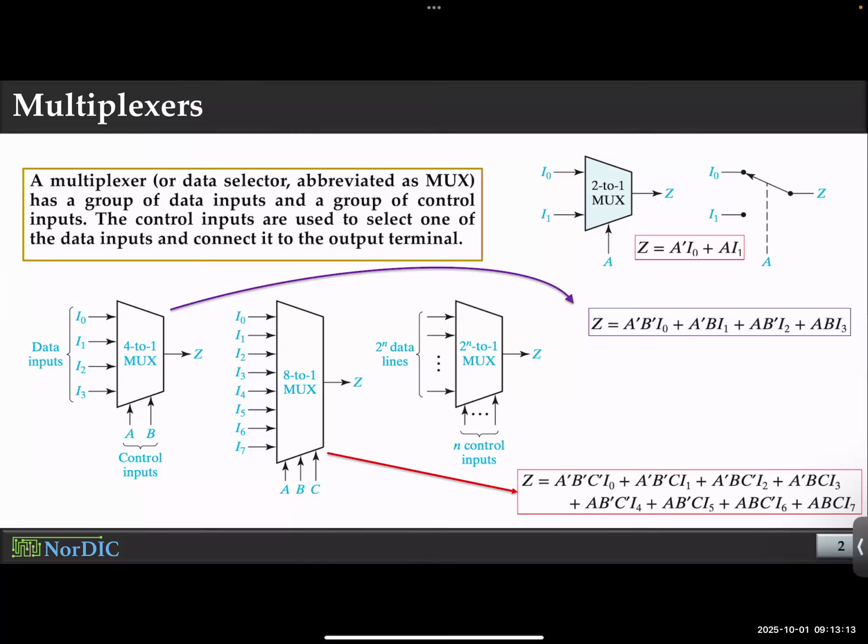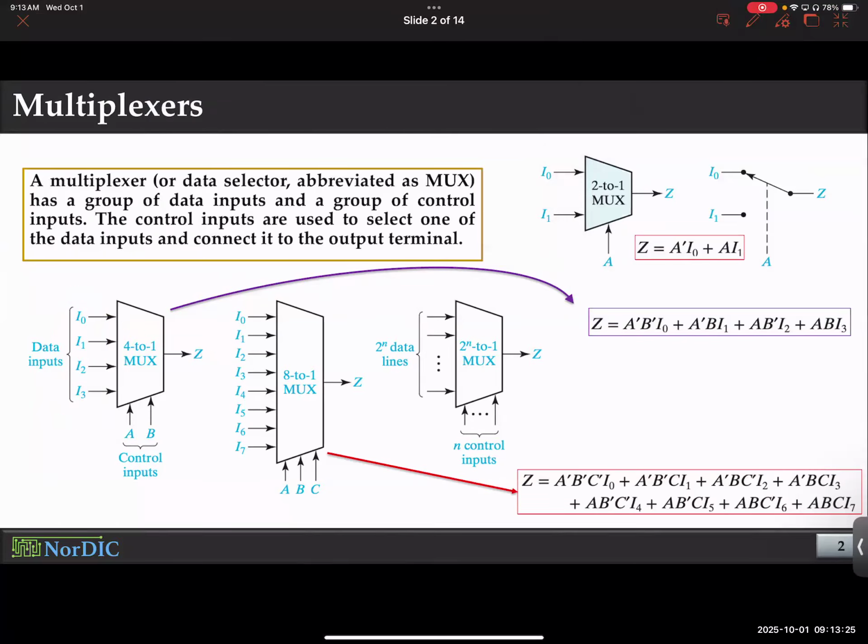But still, we have some additional information versus what we must have seen in the last lecture on multiplexer. A multiplexer takes a bunch of inputs and connects them to the output selectively. For example, a 4 to 1 mux takes 4 inputs and connects to one output, right? And to select between these 4 inputs, you need 2 bits of control, because 2 bits will give you 4 combinations: 0 0, 0 1, 1 0, 1 1. Now, if you need to handle 8 inputs, you'll need 3 bits of select signal,